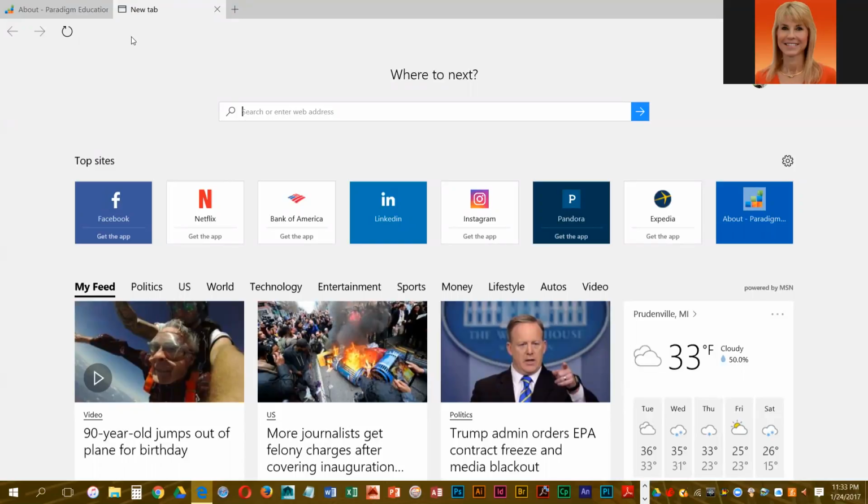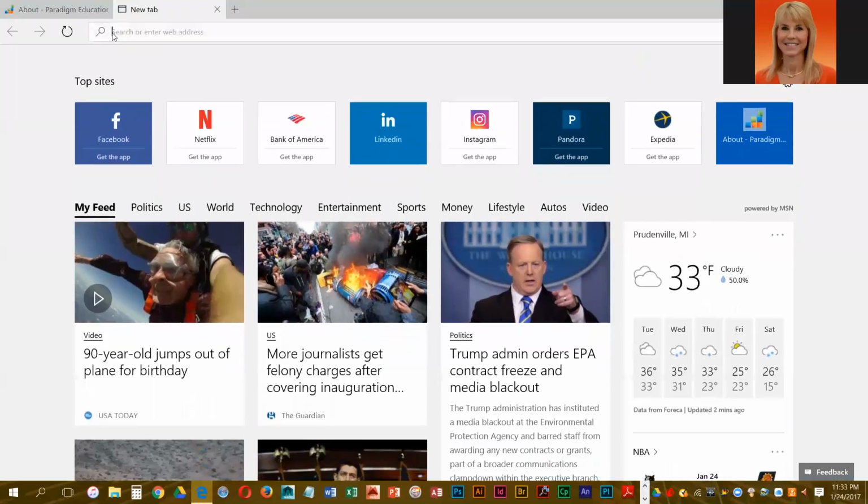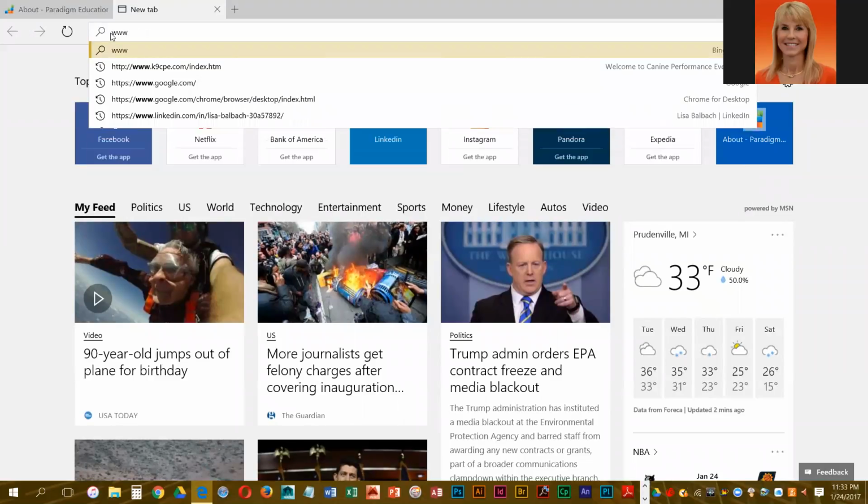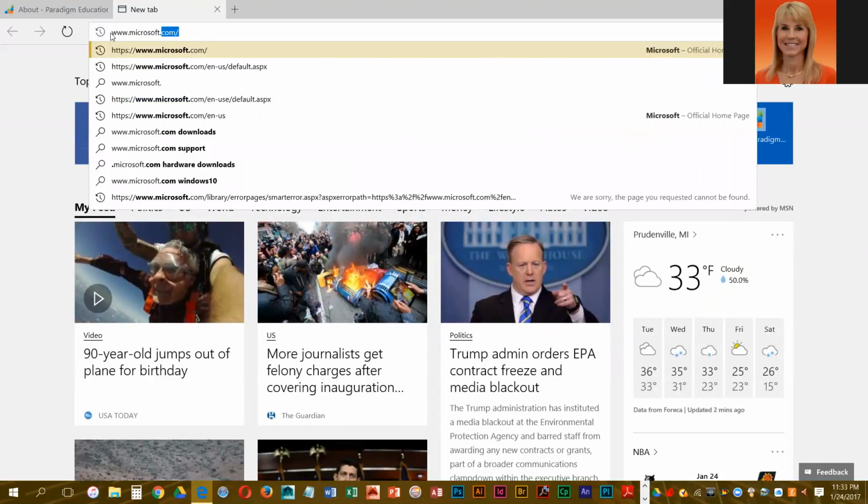Now what we're going to do is click up here where the address bar should be, and we're going to go to a Microsoft page. Again, we don't have to key in the HTTP section of this because it's going to assume that. So really all we need to key in is www.microsoft.com/ I think it filled it in for me,